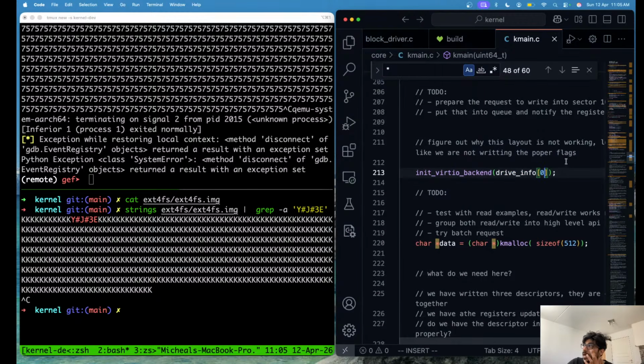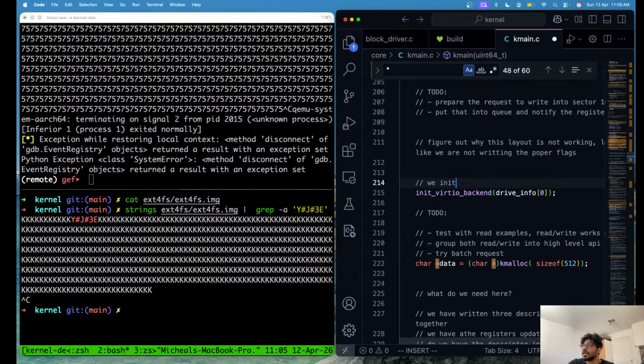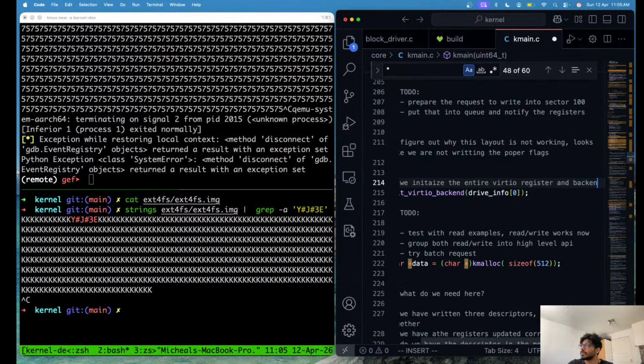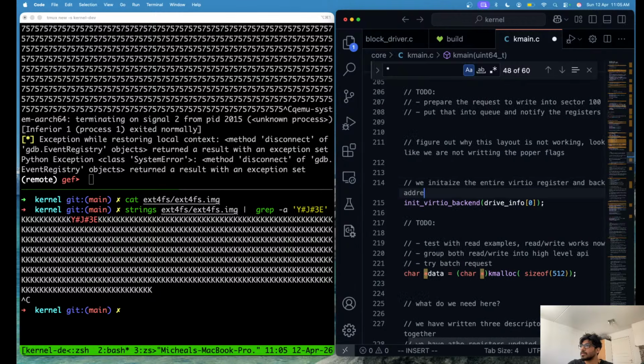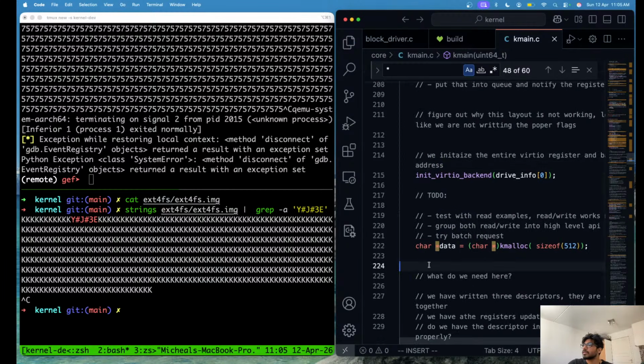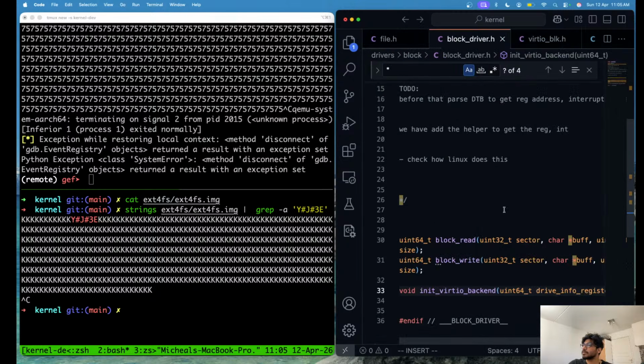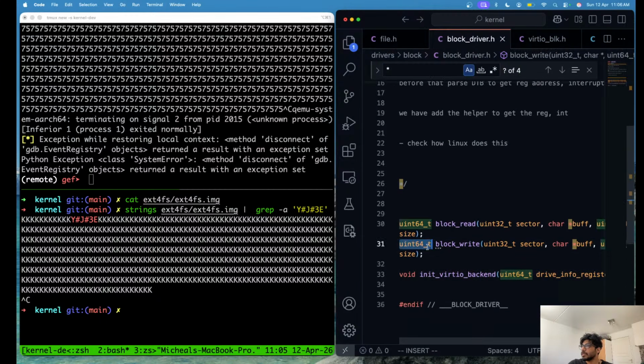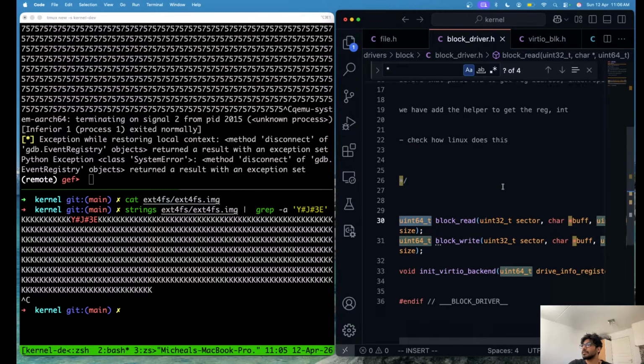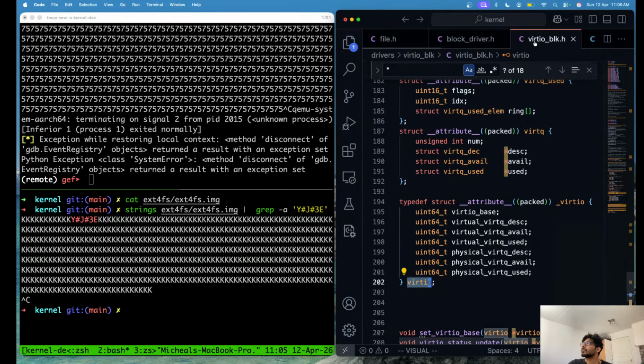So we initialize the backend. This is really important. We initialize the entire virtual registers and backend addresses, and then we can call this and say, what is it? Return address is the size. Okay, so